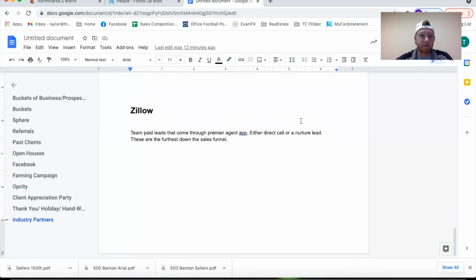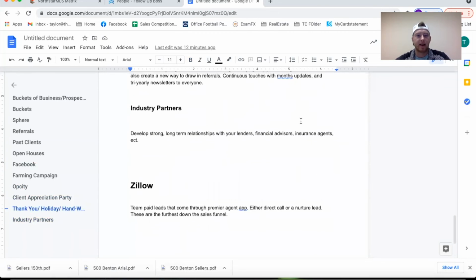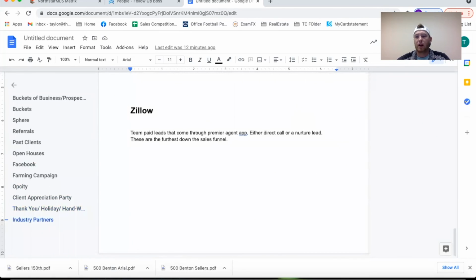So that's about it for generic buckets of business, you guys. I always encourage people, it's not a bad idea to have 5, 6, 7 buckets of business. That way you have different avenues of lead sources coming in. That way, if one does not pan out, you're not so dependent on where your leads are coming from. So that's a huge priority for us. That's a good way to build out your business plan.